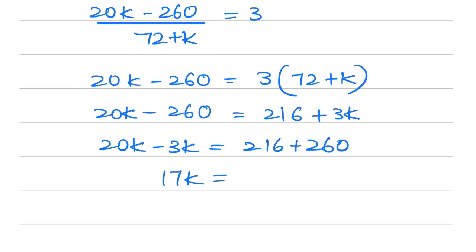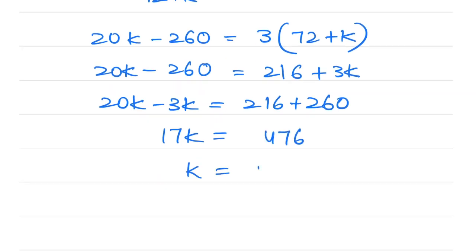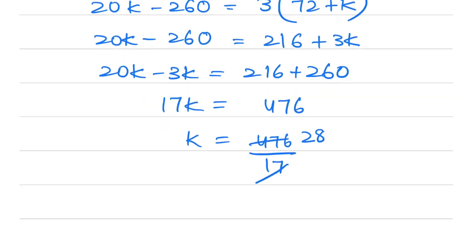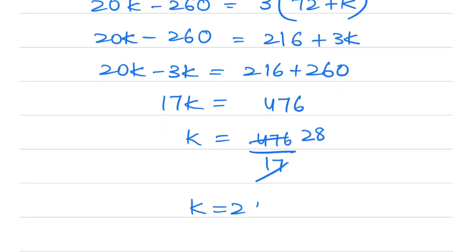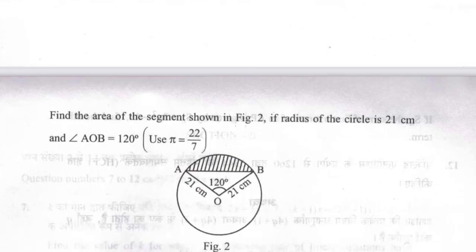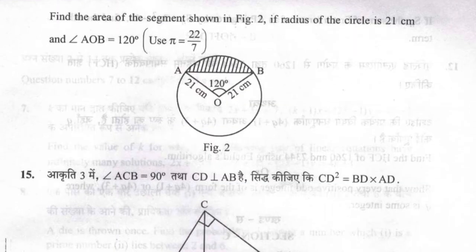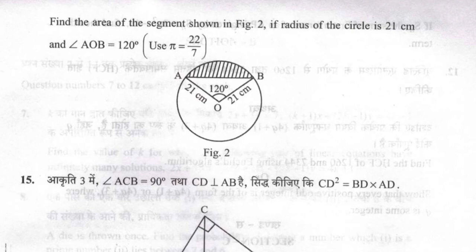17K is equal to 476. K is equal to 476 divided by 17. Now 17 2 times and 8 times. So K comes out to be 28. That's the answer. Now the 14th question, in this we have to find the area of the segment which is shown in the figure,